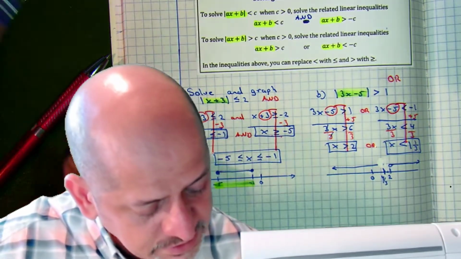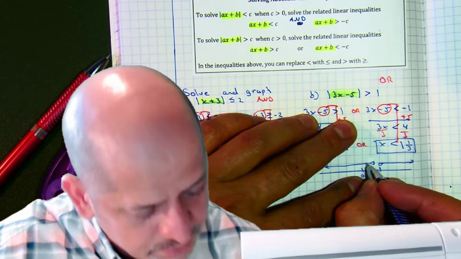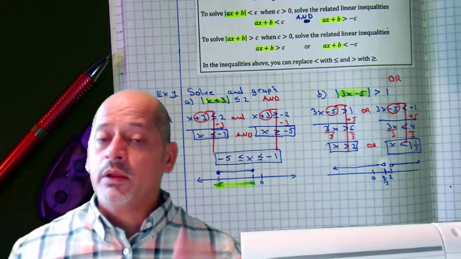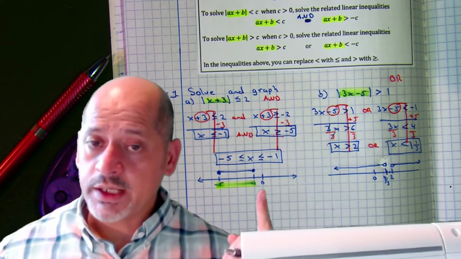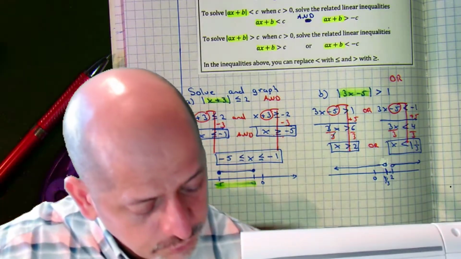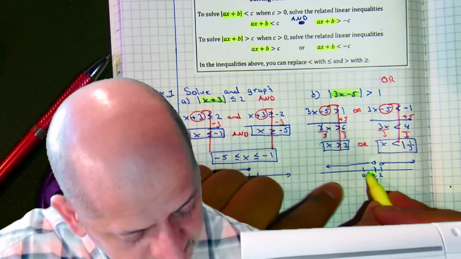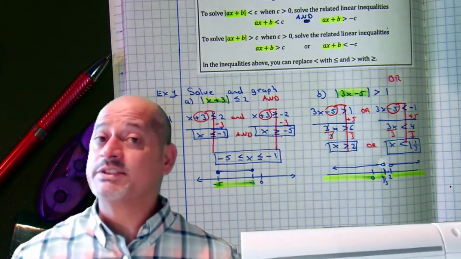So it's open because there's no equal sign underneath. That means that 4/3 is not part of the solution. 2 is not part of the solution. 3 is, 1 is, 0 is, but 4/3, so do not highlight 4/3. Anything to the left and anything to the right, but do not highlight 2